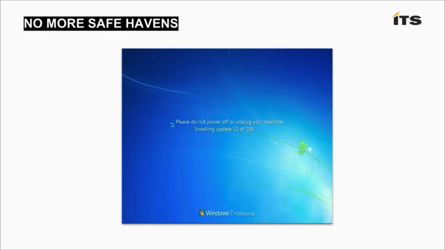cumulative update model. Well, at the same time as the stop sale came in October, on the Patch Tuesday in October, they also backported that cumulative update model from Windows 10 into Windows 7 and 8.1. In my opinion, it's actually a little bit harder on those platforms because it's not as clean. In Windows 10, you have a single cumulative update. While that takes away some user choice around, I want this KB or I don't want that KB, at least it's consistent across all editions and architectures and versions of Windows 10.